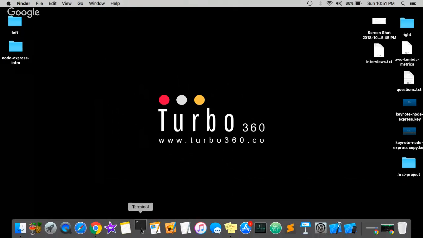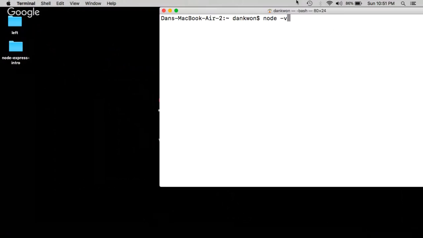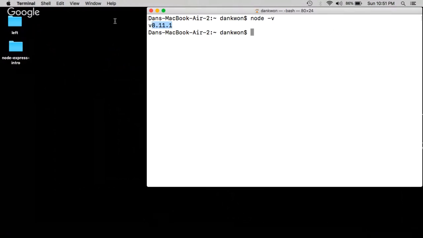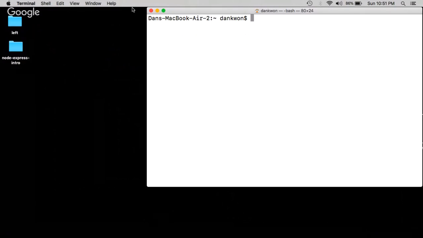So if you're new to Turbo, first thing you want to do is make sure you have all the proper tools installed. So we're going to need Node. Make sure you have Node and then npm. So these are the versions of Node and npm that I'm currently running. Make sure you have Webpack installed. So sudo npm install and then Webpack